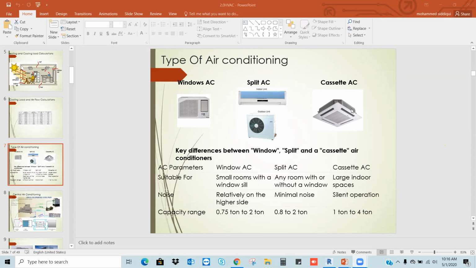Let's say now I am going to use a cassette AC, where I will use this cassette AC within the ceiling. So I will attach these things to the ceiling with supports. Correct? So before we think about creating the families, we should also think about where we are going to place it and how we are going to place it.